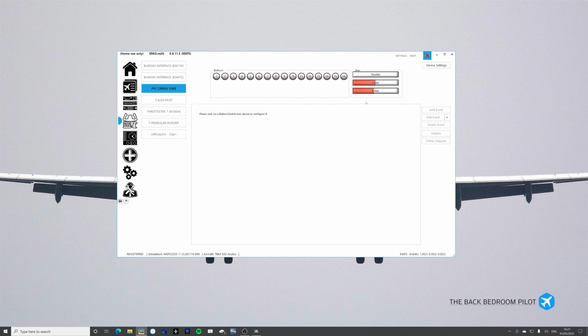So these are actually mapped through the sim at the moment, so I'm not mapping them through SPAD.neXt, but if I wanted to, I could, and I could do some fairly sophisticated behavior. Now, I do think that the FSUIPC axis mapping and possibly the joystick button mapping is a little bit better generally, but there are some things that you can only do with SPAD.neXt that you can't do with FSUIPC. In particular, the response curve control is much more granular with SPAD.neXt, but there are a couple of other bells